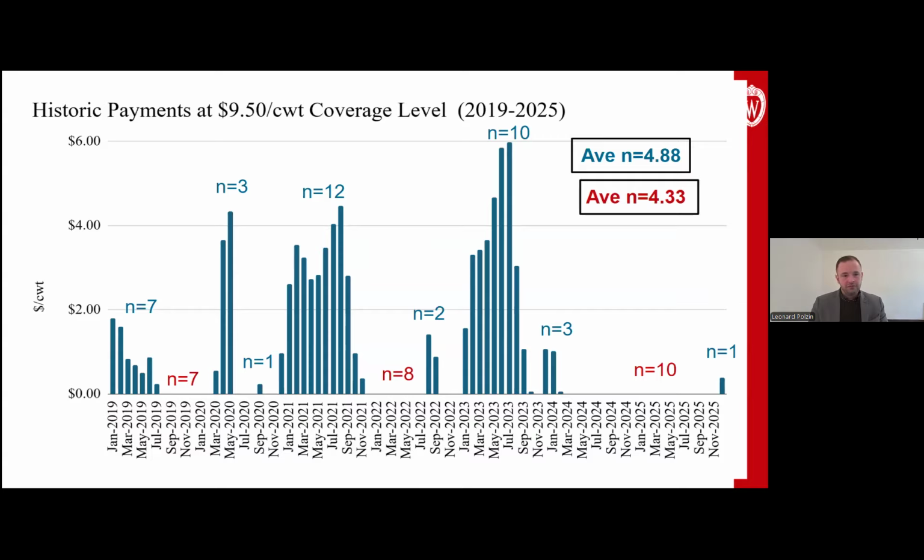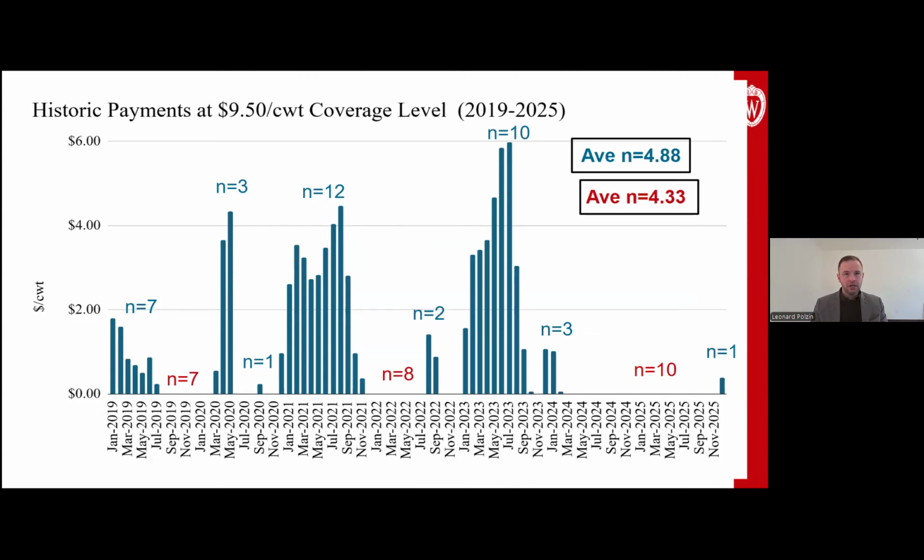You could use a variety of terms to describe this lumpiness, if you will, in margin, right? Now, in end of 2024 through 2025, we've had 10 months now without a payment. Looking back over the life of the program, that's a very long time to not have